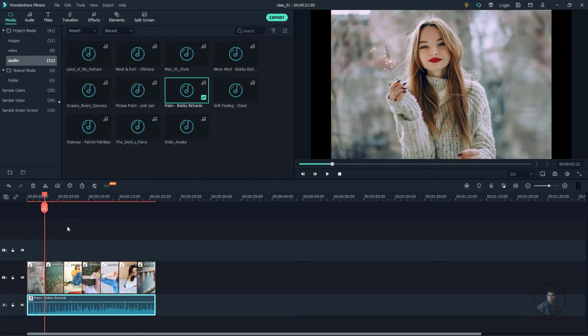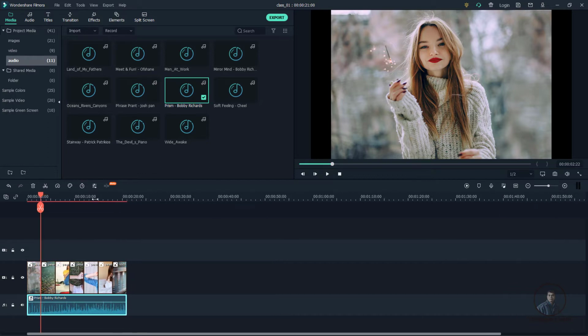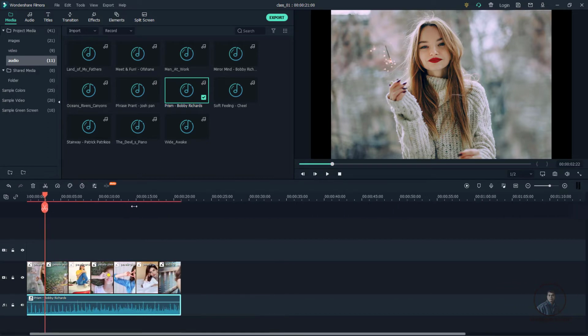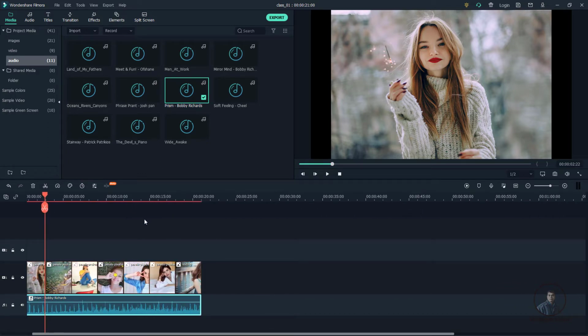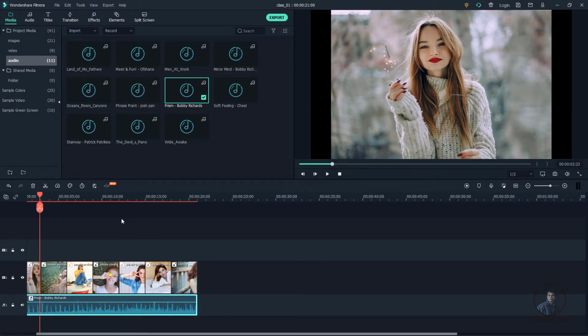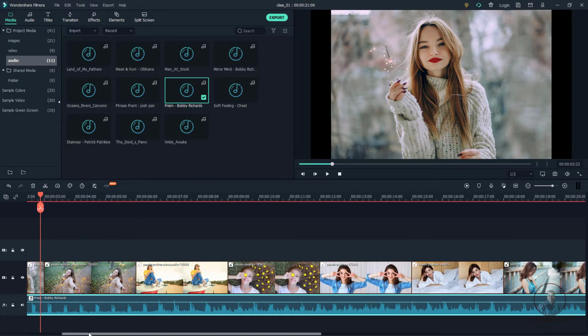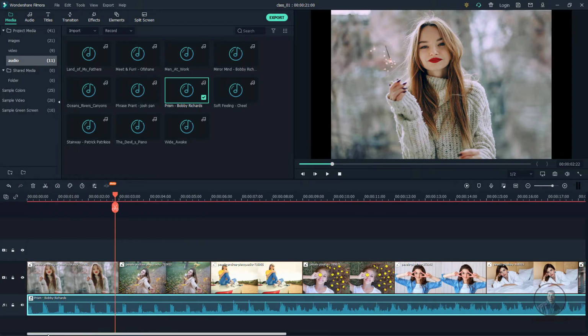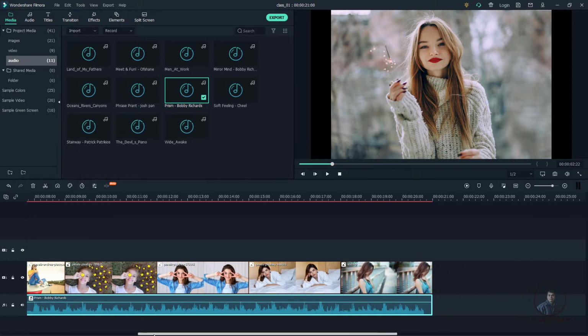Suppose you want to zoom in or zoom out your timeline, then simply click here on the time code, then with the left mouse button you can zoom in and out, or use the shortcut Control plus minus: hold the Control button and press plus or minus to zoom in and out of your timeline. Then downside you will get this pan. With the help of this panel, you can pan your timeline.